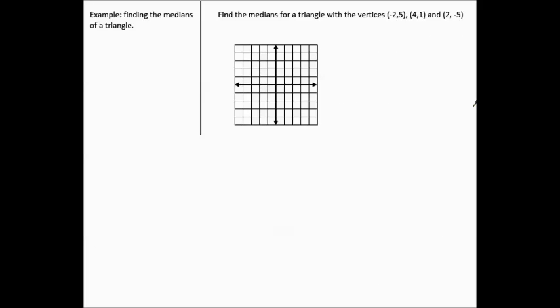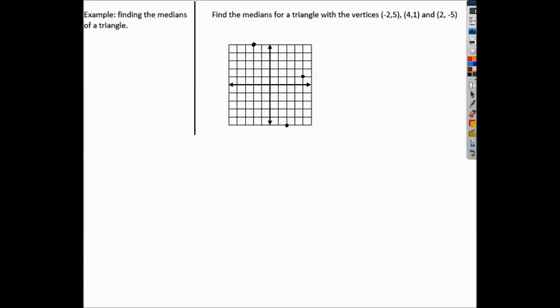Next, let's explore finding the medians of a triangle. We will find the medians for a triangle with the vertices (-2, 5), so starting from the center, -1, -2, 1, 2, 3, 4, 5. Back to center, +1, 2, 3, 4, +1. Back to center, and point (2, -5). +1, 2, -1, 2, 3, 4, 5. So when we connect the sides of this triangle,